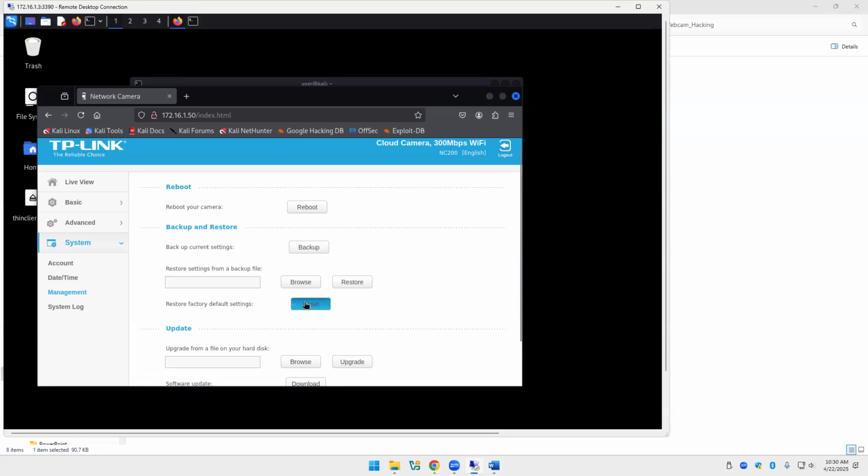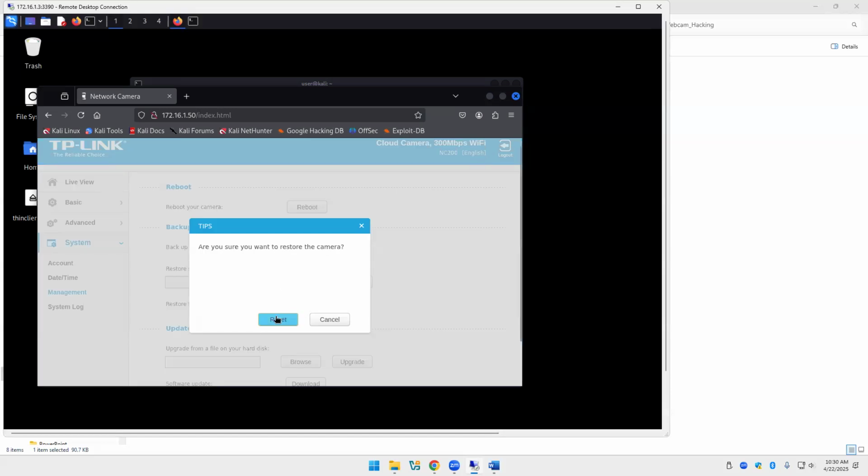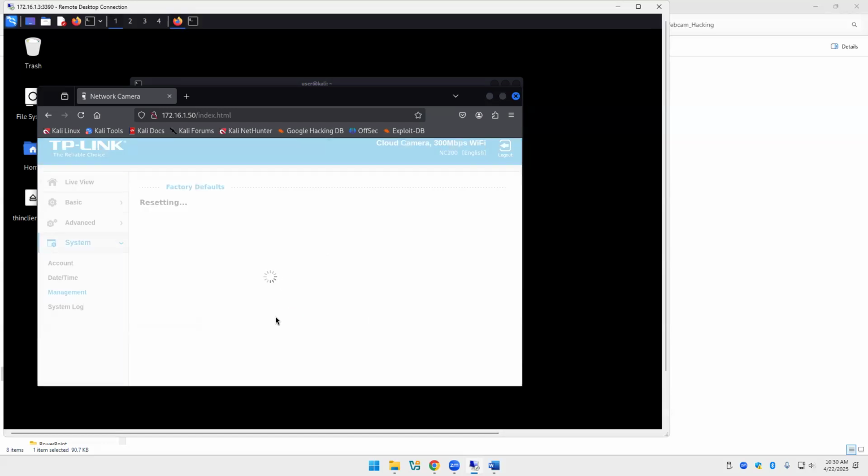Restore factory settings. That way we know it's not already been hacked. And then we can go through the whole process. It'll take a minute for it to come back. It should come back at the same IP address